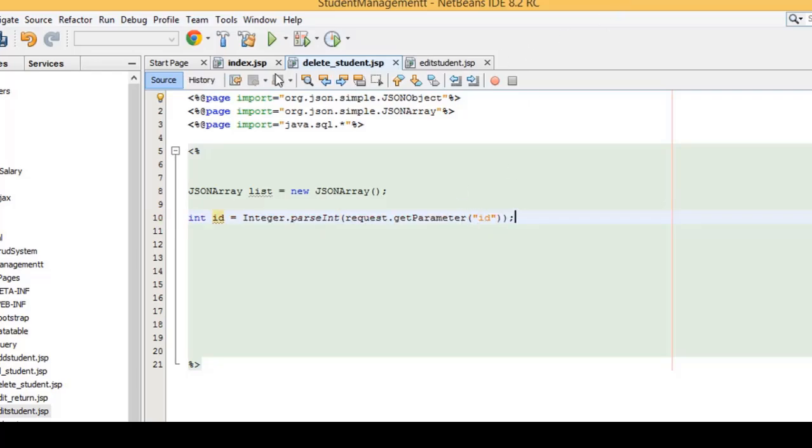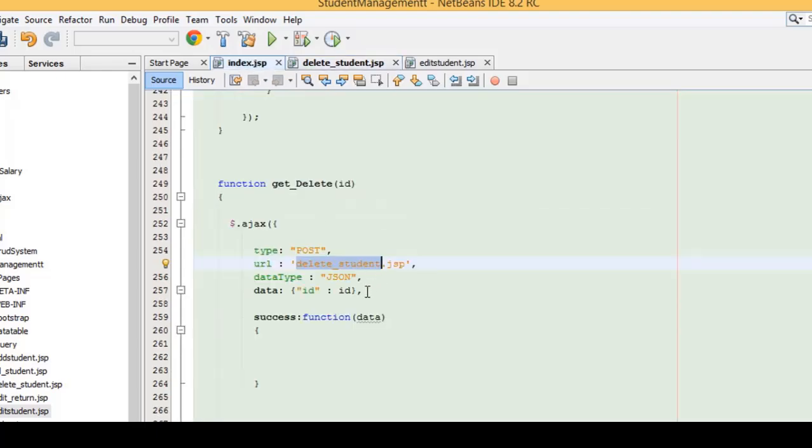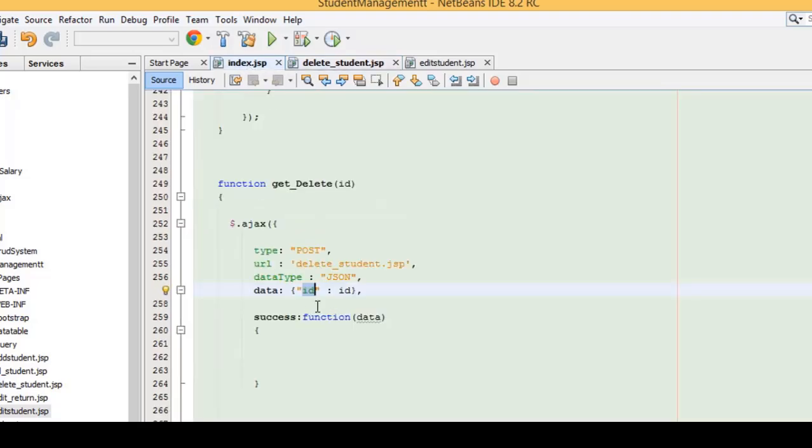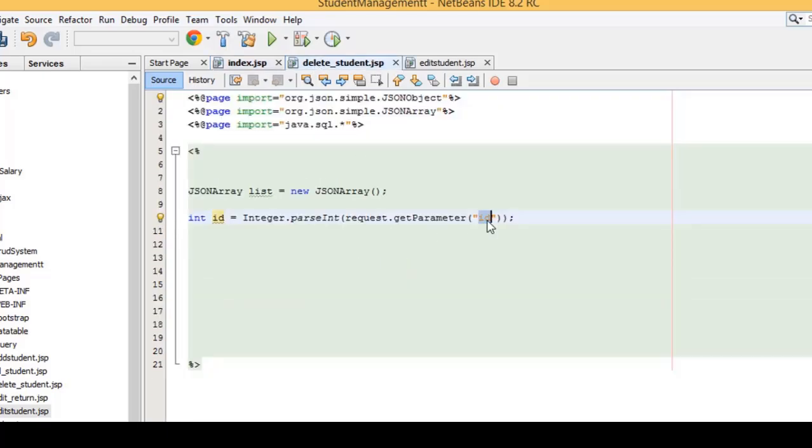Keep in mind the name you have given here. The same name you have to write here, then only it will get it. If you write a different name, it won't get the ID here. The same name you are sending here, you have to give here. So it is assigned to this variable ID. Now what I am going to do is here,